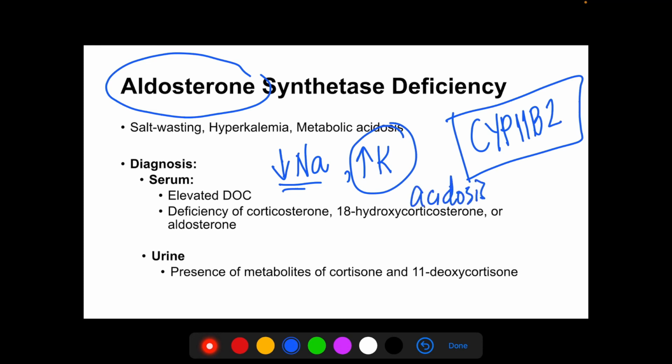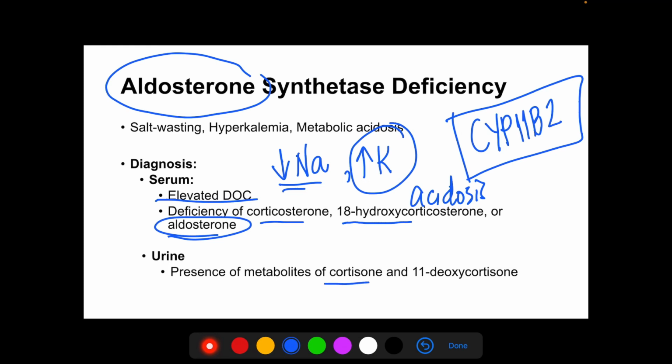Okay, so in an attempt to conserve the potassium or to make it enter into the cell because it's excessive in the plasma, that's why there is metabolic acidosis. And also, for the diagnosis, there is elevated DOC, deficiency of this corticosterone, 18-hydroxycorticosterone, or of course, the aldosterone. And of course, in our urine, there is a presence of metabolites of